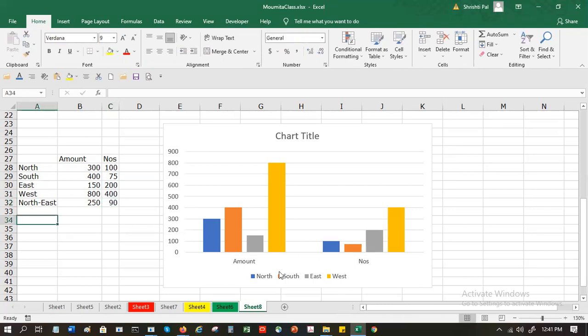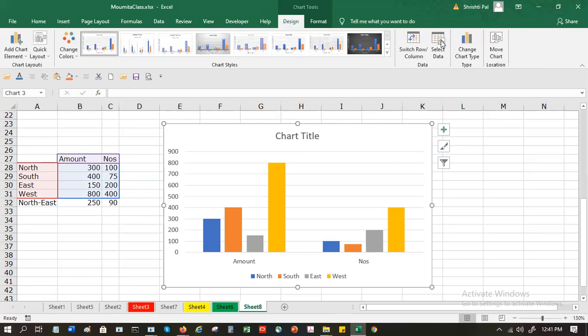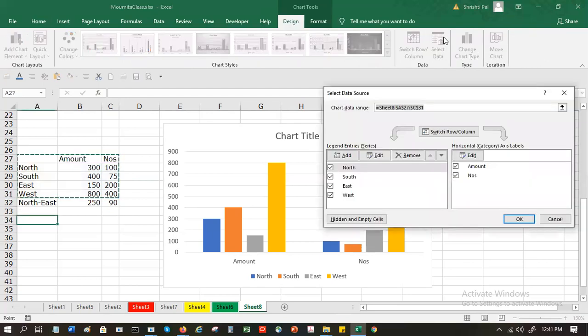Now see, these are just 4 here, right? So what I can do, one option is I can come here. If I go to design, there is a select data option. Here, this is north, south, east, west. I can add another one here.